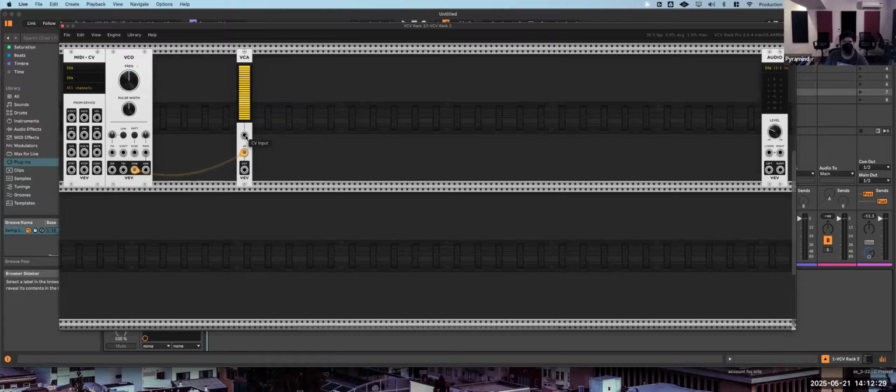And then I can take this CV input here of the VCA, and maybe from my MIDI to CV module, I'll take the gate output. And you'll notice as soon as I put that gate output into that input, our level indicator has gone gray, right? So now whenever I press a key on a MIDI keyboard, you can see that gate signal is coming in, right? And then I can take my output and send it over here to our audio out device. And now